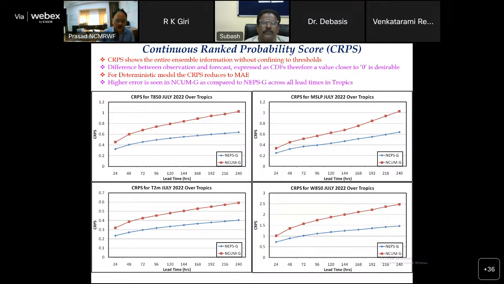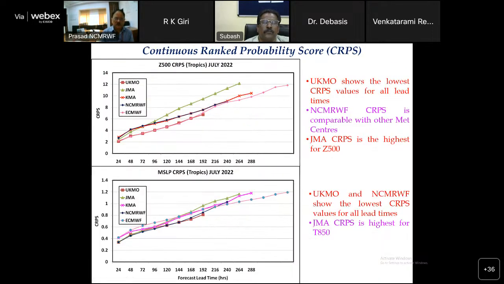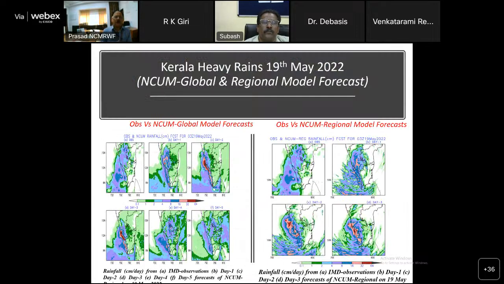And hence, with this we can definitely show that for long range forecasts, for more than 5 days, the ensemble systems are better than the deterministic forecast. And the same thing,